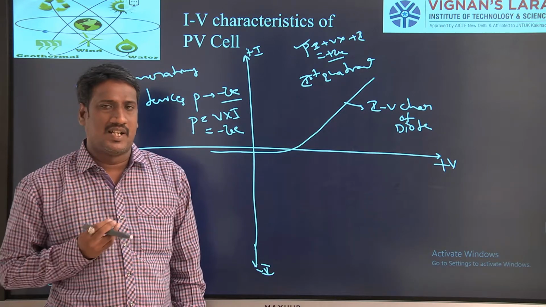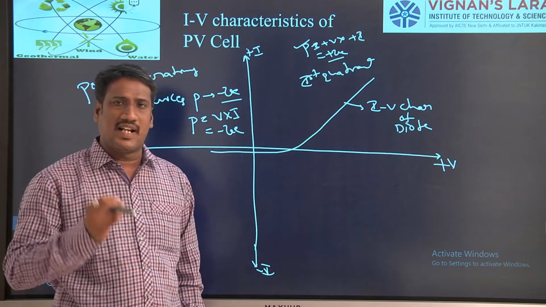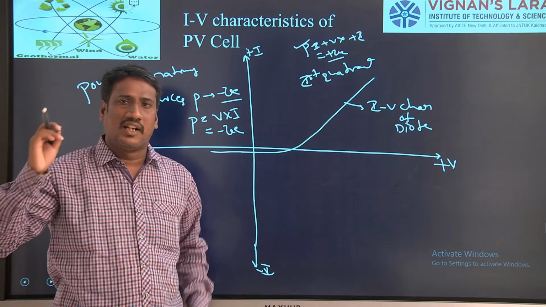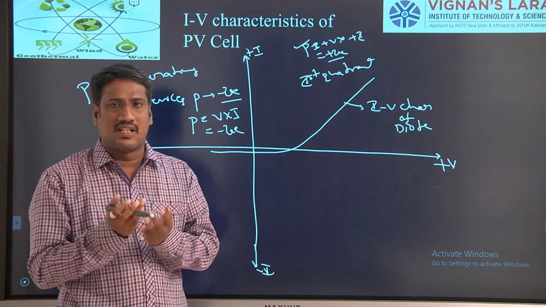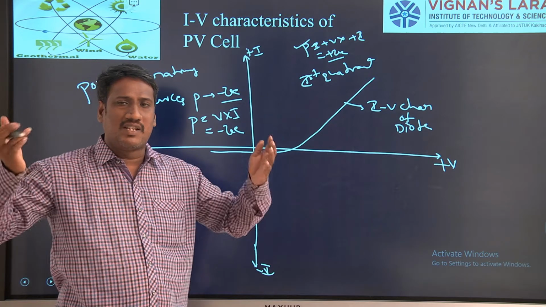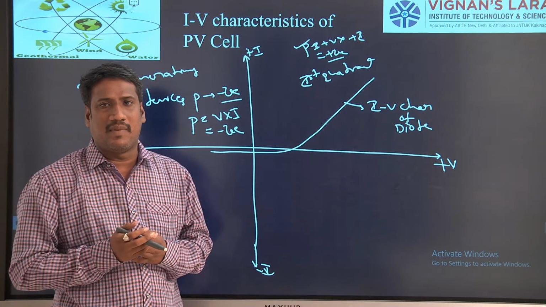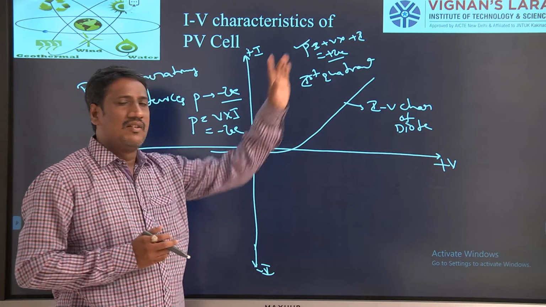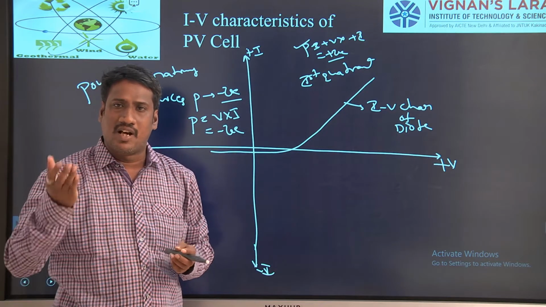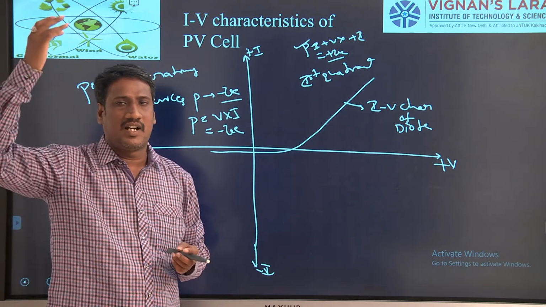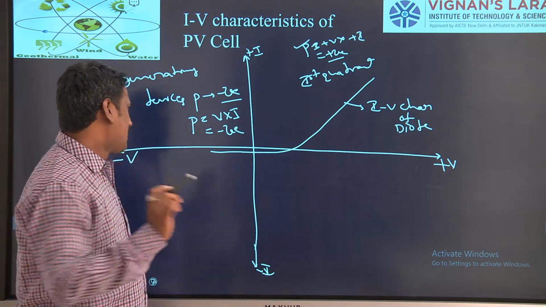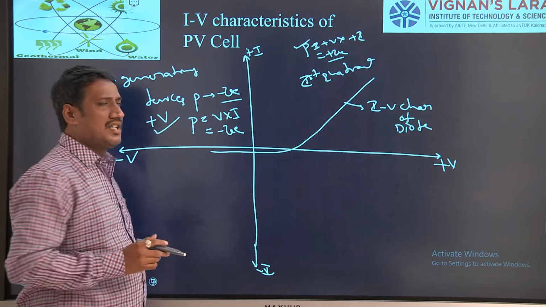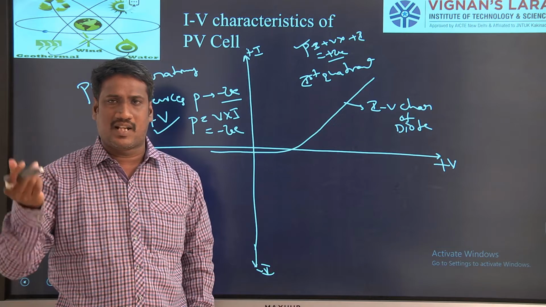Each single PV cell per unit area can generate a voltage of 0.5 volts. If we combine two PV cells in series, we will get 1 volt. Like that, however much voltage you need, that many PV cells will be combined to get higher and higher voltages. Means what I would like to say here is, only voltage will be positive always. Whether it is 0.5 or 1 or 1.5 or 2.5 or 230, voltage is always positive. So I am fixing the voltage. For a PV cell, voltage is always positive, as we have a fixed voltage generated, plus 0.5, plus 1, like that.